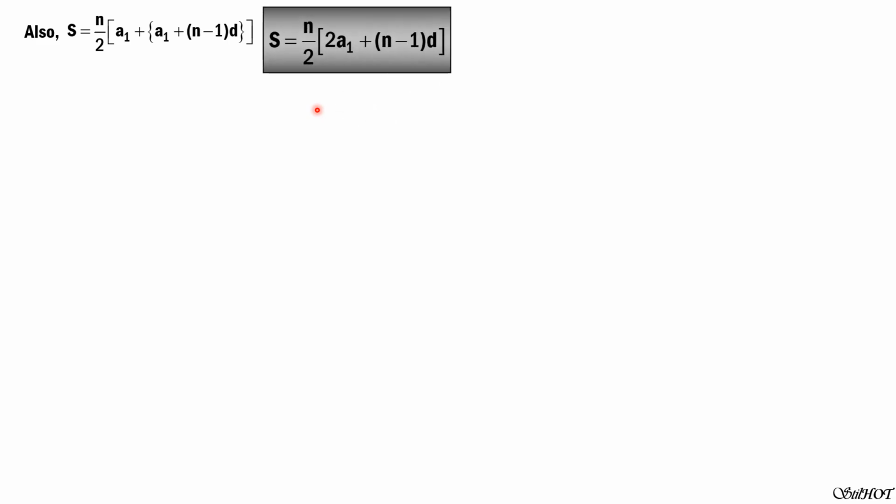The arithmetic mean between two terms, a and m, is equal to one half of a plus m, or one half of m plus a, so that we can easily recall it. It's easy to remember because the arithmetic mean between a and m is also the average, so one half of m plus a.